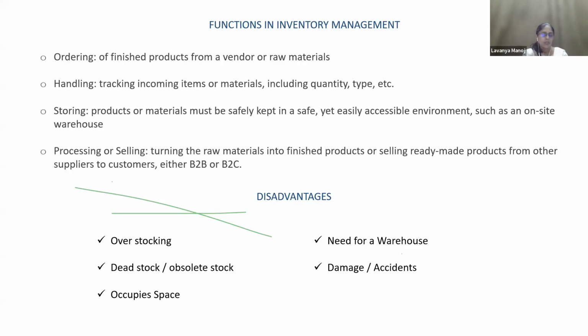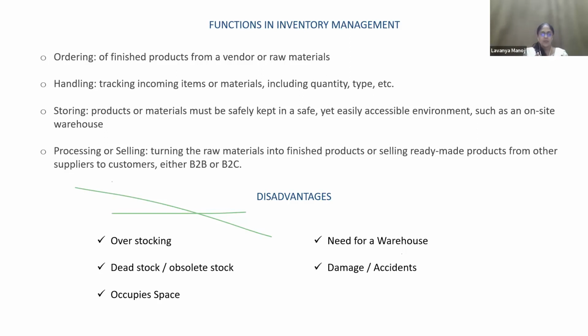Then storing, how the products are being stored, that also matters. If it is a storage unit, all kinds of goods come in: solid, liquid, gases, semi-solid. So there is no single storage system for storing each and every good. Even among solid goods, not all solids are one and the same. So there should be separate fixtures or separately designed racks or shelves for storing a unique kind of product. Then finally, processing, that is processing on the product.